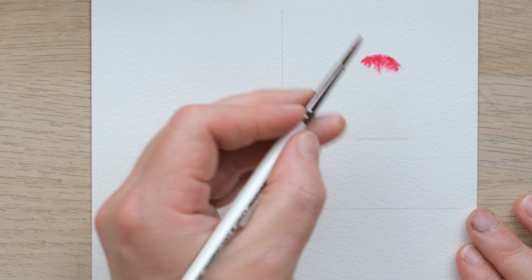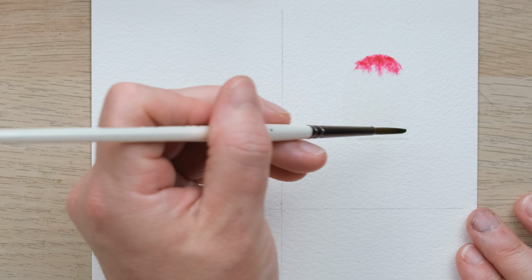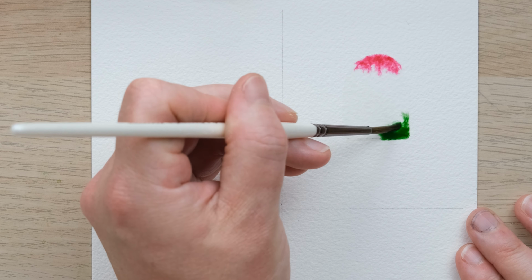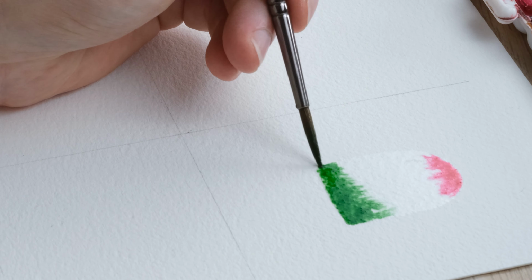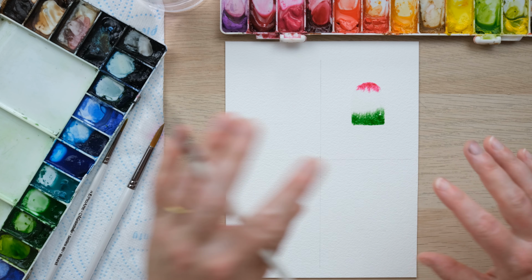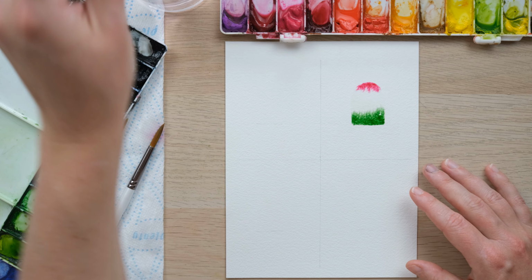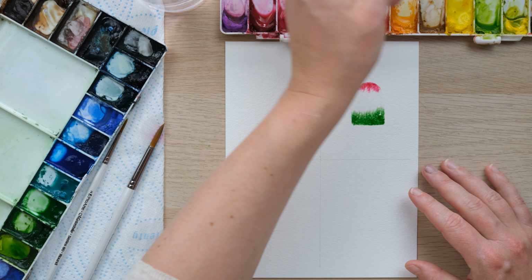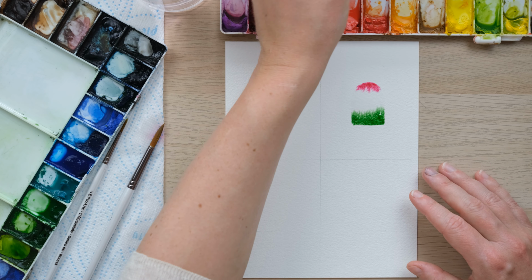So I'm just using permanent rose at the top there. That's going to bleed down, and then over here I've got hooker's green, and I am just going to run that across the shape on both ends. And what's going to happen is that gradually it is going to settle in, bleed down, and create a really cool ice lolly shape. Now that one was hard to see, so what we can do is try one out using a